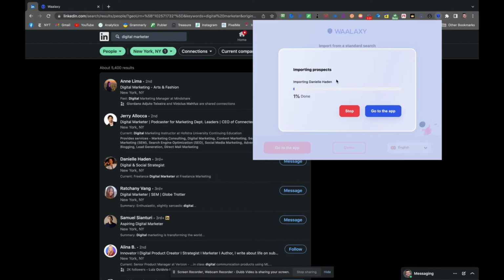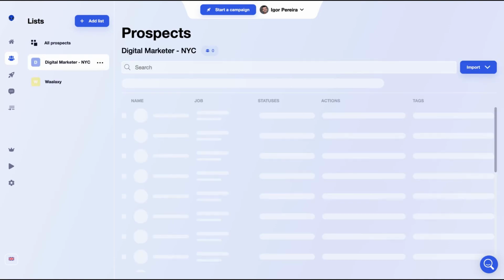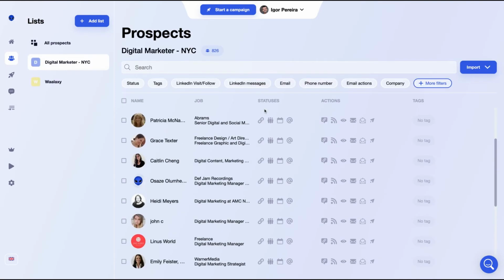prospects into it. You don't need to wait on LinkedIn until Waalaxy imports all the contacts. You can just browse on the internet and wait, because this extension will work automatically. Then when you finish the process, you just can go here on prospects and you will see all your prospects